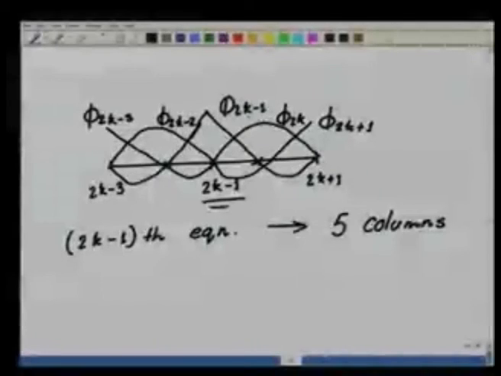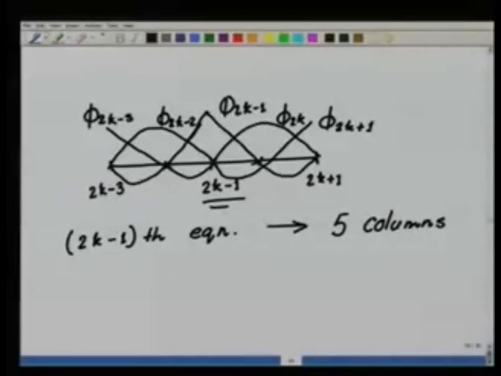For all other phi's, the column entries are going to be 0 because all other phi's are going to disappear or become 0 in the region where the phi 2k minus 1 is defined to be non-zero. So you see that if I write the global stiffness matrix, the number of non-zero entries has increased in a row. This is another property of these approximations that we are going to see and how they reflect in terms of the sparsity of the global stiffness matrix, and when we talk about sparsity, we have to talk about solvers. So this we will tackle at a later date.